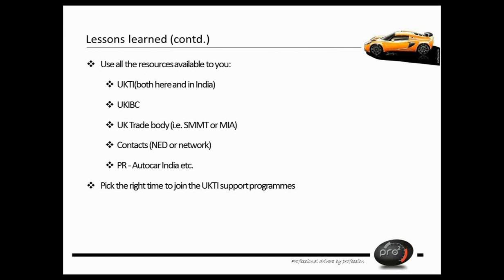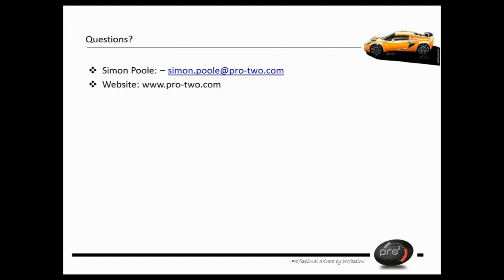There are two. Passport to Export is the initial one. It only lasts for a year, and then you move on to the Gateway program. Again, that is only for a year. Ideally, they should last for a little bit longer, but don't join them too early on, because then you could potentially not be delivering business at the end of them, and then you still have a support network from UKTI, but you don't necessarily get the full benefit of the programs. And that, I think,